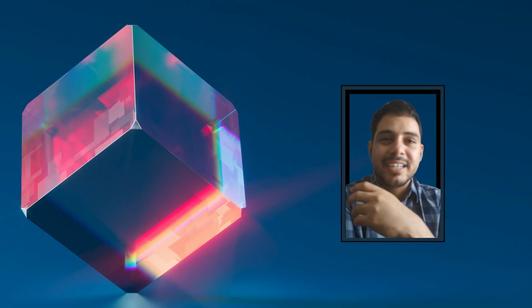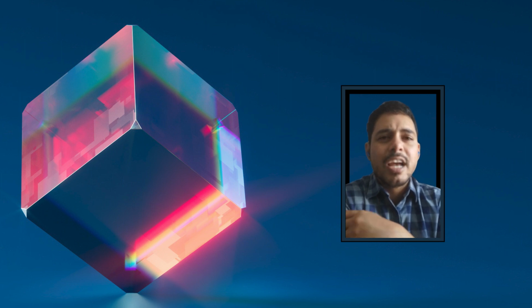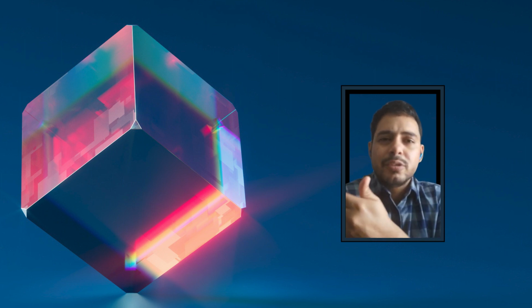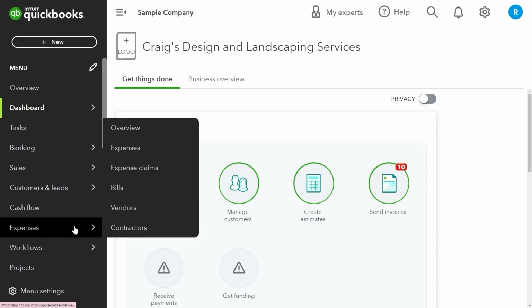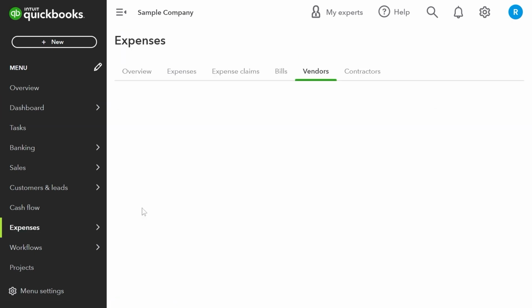However, on the flip side, you have vendors from whom you will purchase products or services. You can use the vendor information to create and send purchase orders as well and pay your dues on time. Head back over to QuickBooks Online, and at this point, you can go to the expenses menu because we are going to add vendors. So select vendors, click on new vendor,